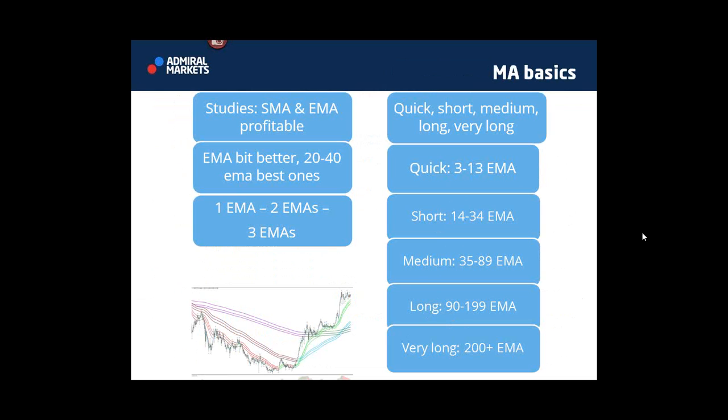All right, so what is the difference between them? I'm assuming that you're talking about SMAs and EMAs. SMA is simple moving average, and EMA is exponential moving average. And the difference is basically that with EMA, the importance of the recent candles has more weight in the calculations. Simple means that all candles are counted equally towards the average.